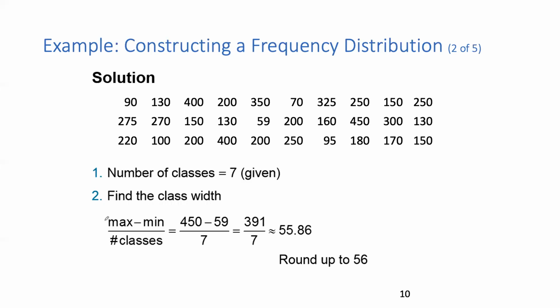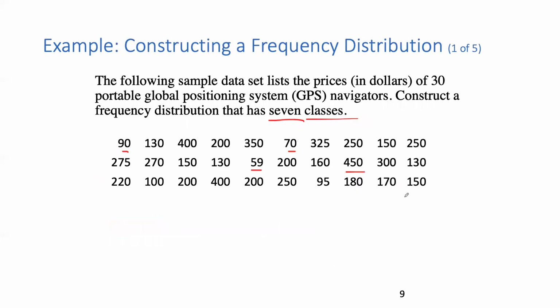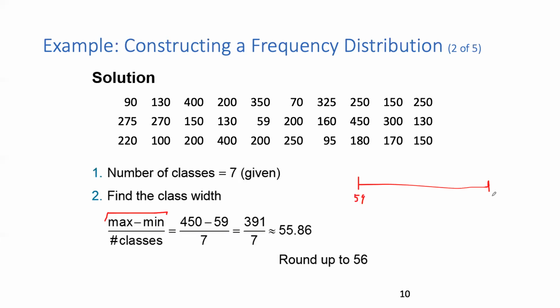So that's the first part of this. The max minus min tells me how large the data set is. Where is the starting point, which is 59 here in this case. So my data set starts at 59 and ends at 450, right? So the data set's max value is 450, and the minimum value is 59. That tells me how wide this data set is. This is also what we call the range of the data set. The max minus the min tells us the range of the data set,